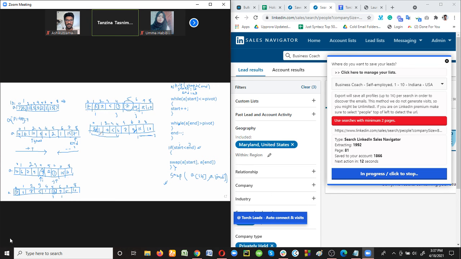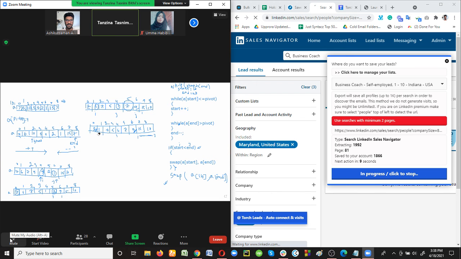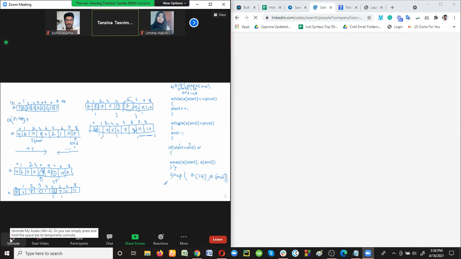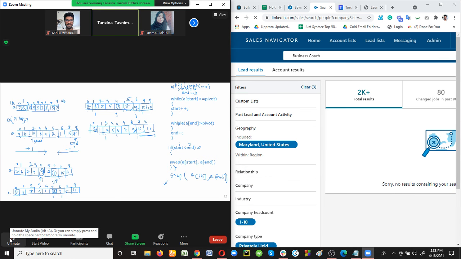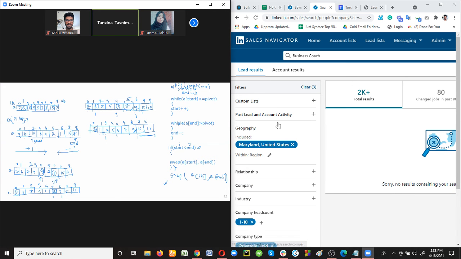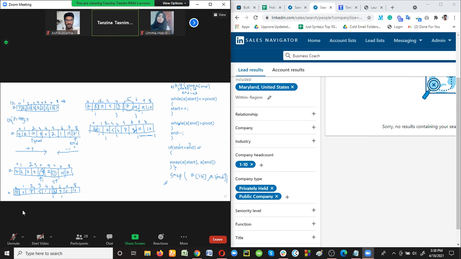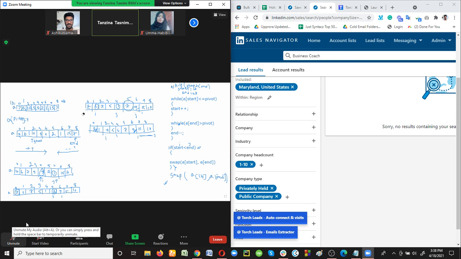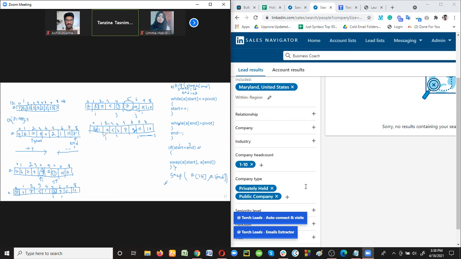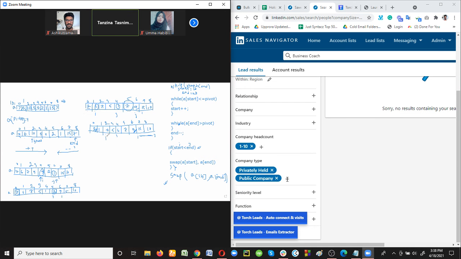So now compare the pivot element with this element 1. 1 is less than 2. That means this condition is true. Now I plus plus. What is the value of I now? I equals 2. Okay. So A[I] equals 7. Is it less than 2? No. That means now we can keep the pointer here, I equals 2.